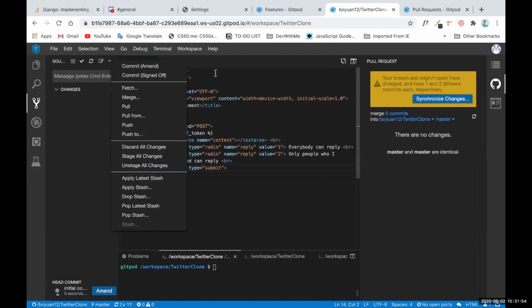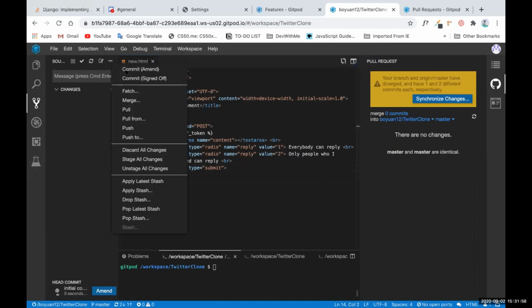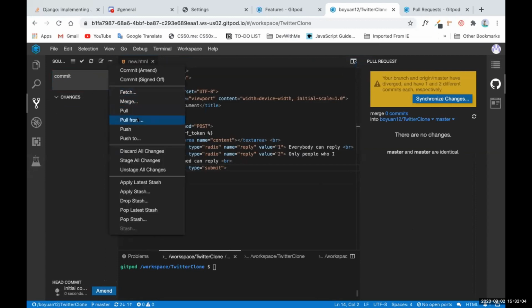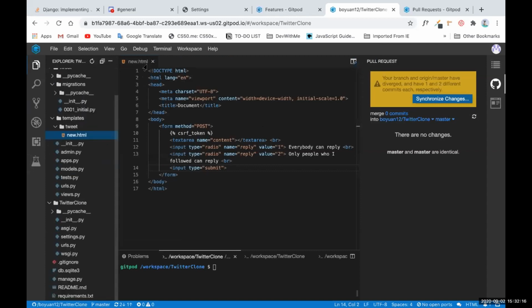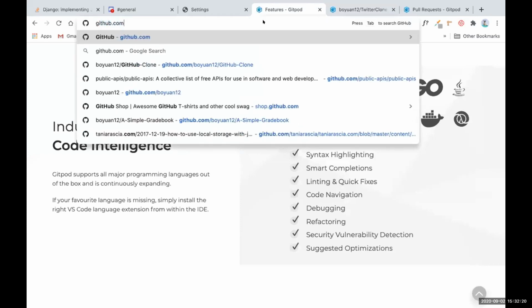Okay, so yeah, okay. So I'm really not sure how to actually use Git